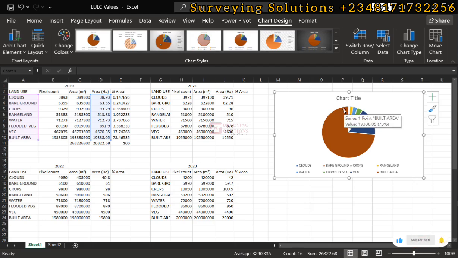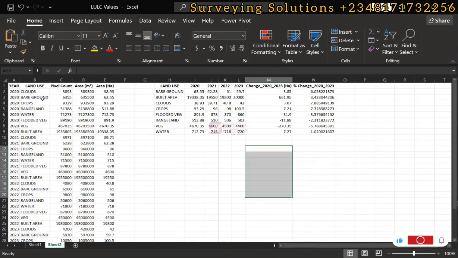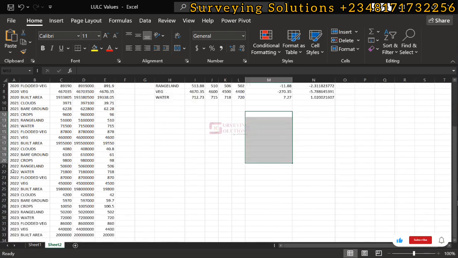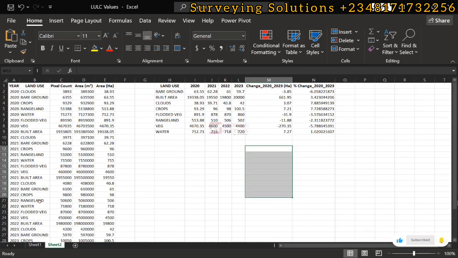Then we also have a second sheet where we have arranged our data in a vertical format. We have all the years in a particular column, and the different land use for the different years. We have the pixel counts, their areas in meters squared, and then their areas in hectares. So we have also decided to